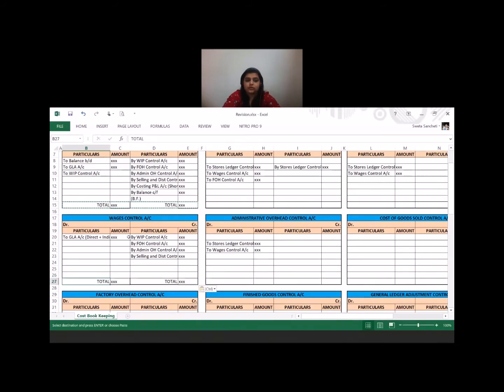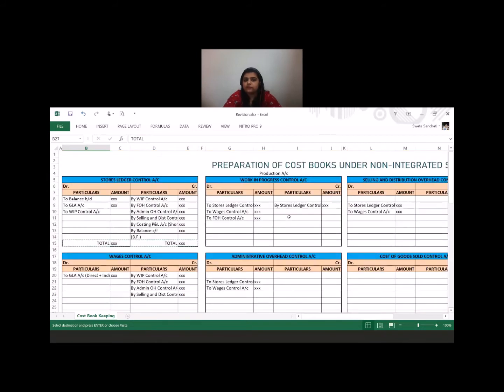Now wages is closed. Factory overheads also we have shifted to our WIP account. So what has happened? We have reached gross factory overheads. How? Let us see. Direct material, direct labor, direct expenses if any, together prime cost. Add factory overheads, absorbed figure. What do we get? We get our gross factory cost.